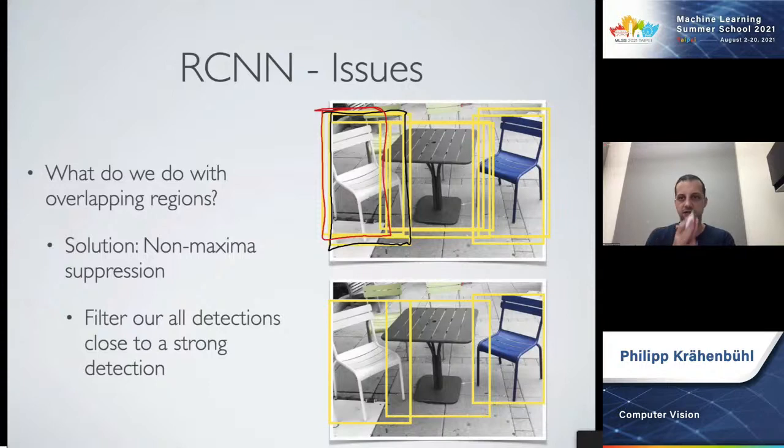testing. Now, during training, you also need to come up with a rule that says, hey, is this box a good chair? Is this box not a good chair? And here you'd have to look at overlaps between ground truth and individual predictions or proposals to come up with a rule that says, these I consider as positive chairs, these I'll consider as negative chairs, and then there's some that are in between that I don't know what to do with.